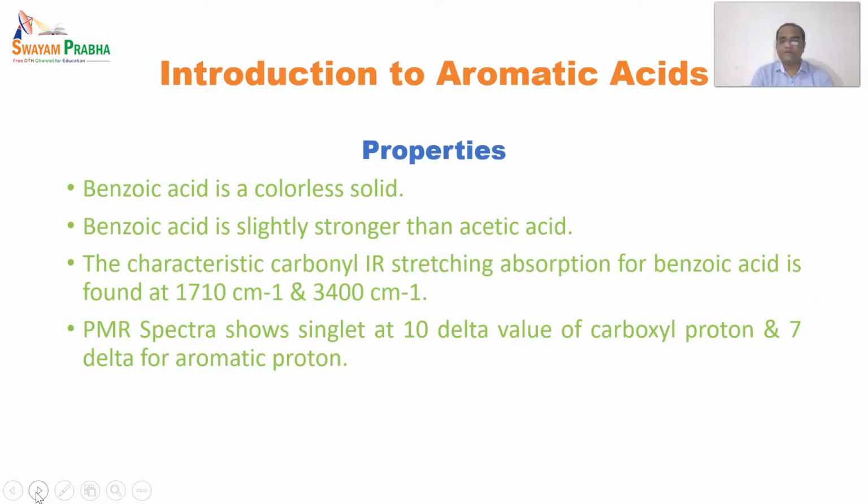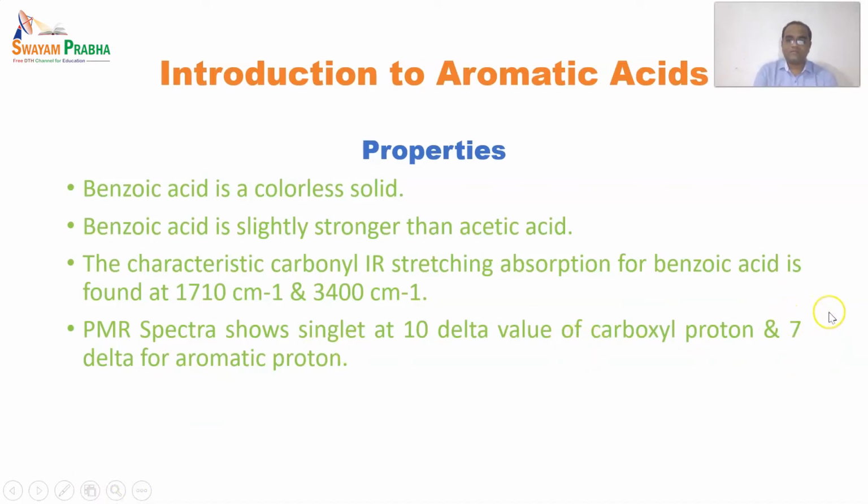Then around 7 delta values there is the aromatic proton. The remaining 5 protons give a singlet if we are using an almost 60 Hertz NMR. If we are using a higher frequency NMR, that will spread the signal,